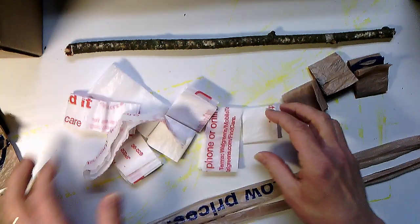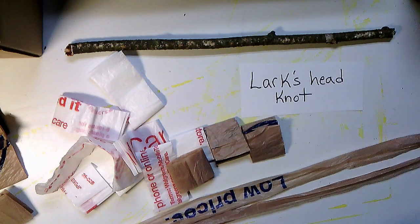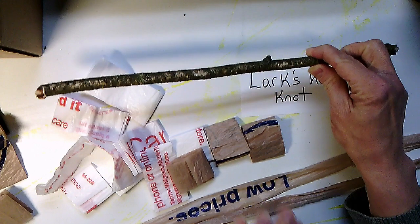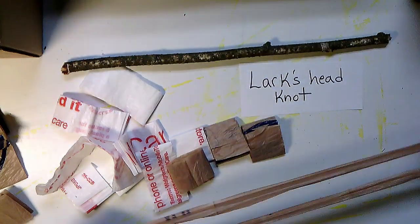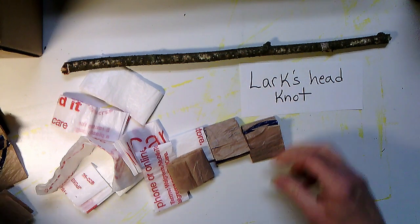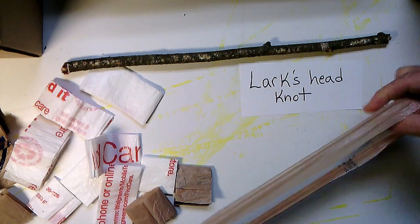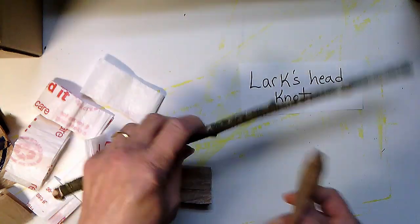Now, we do have to do 2 different types of knots today. We are going to learn a lark's head knot first. That is the knot that helps attach our macrame to the base that we are working on. So I'm going to open up one of my 9 pieces, and to do the lark's head knot, we take the loop,